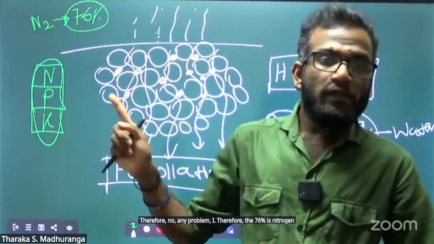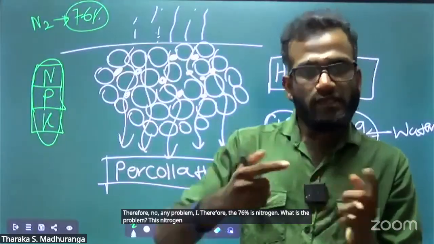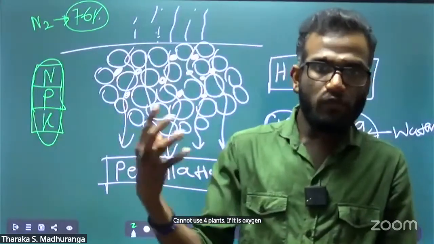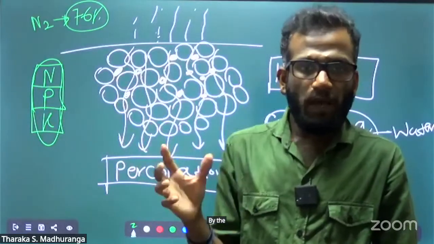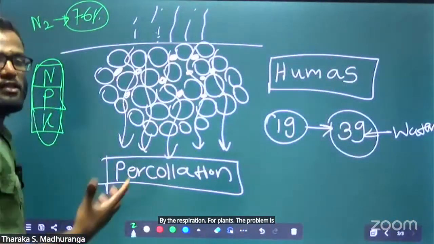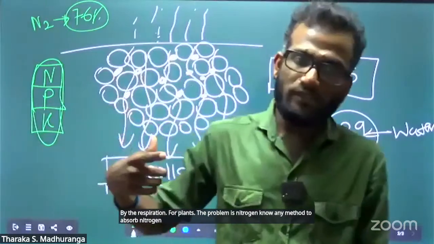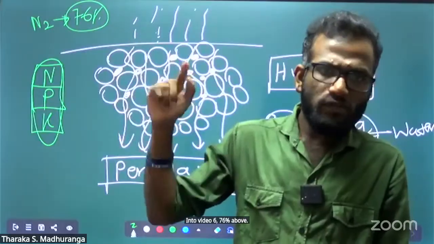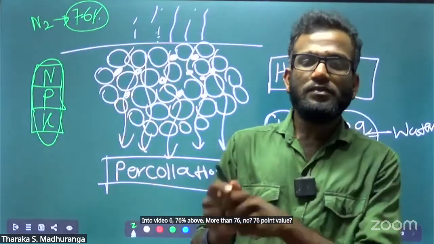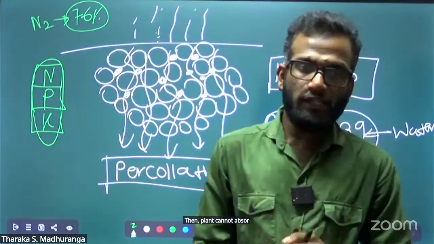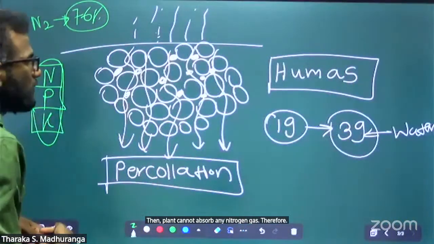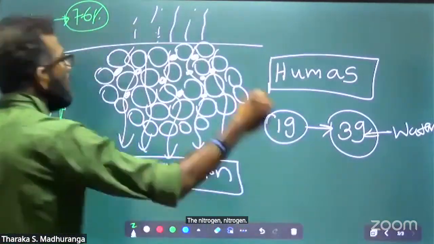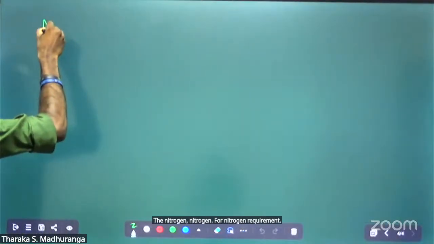The 76% is nitrogen. What is the problem? This nitrogen gas, N2 gas, cannot be used by plants. If it is oxygen, they can absorb it by respiration. The problem is there is no method to absorb nitrogen as N2 gas. Plants cannot absorb nitrogen gas. Therefore, for the nitrogen requirement, nitrogen